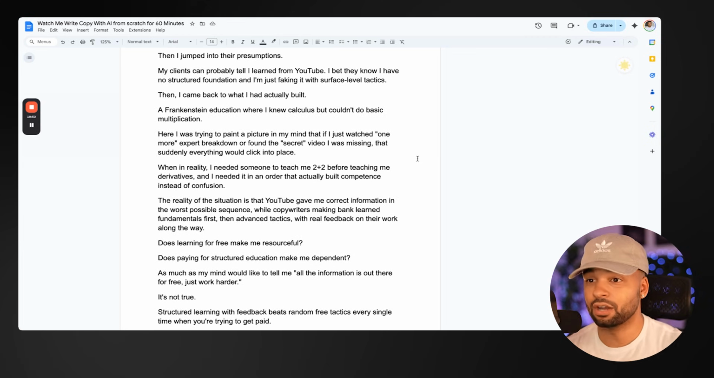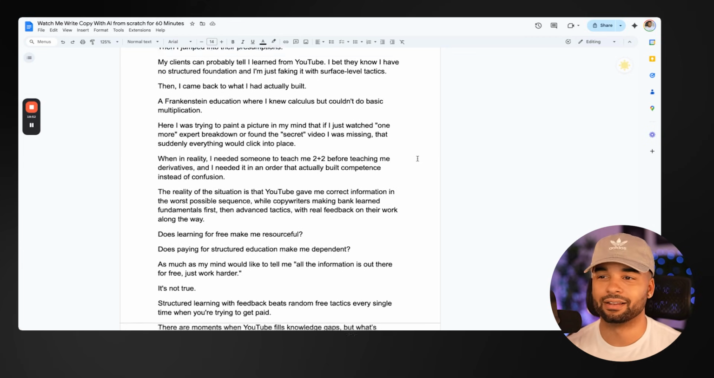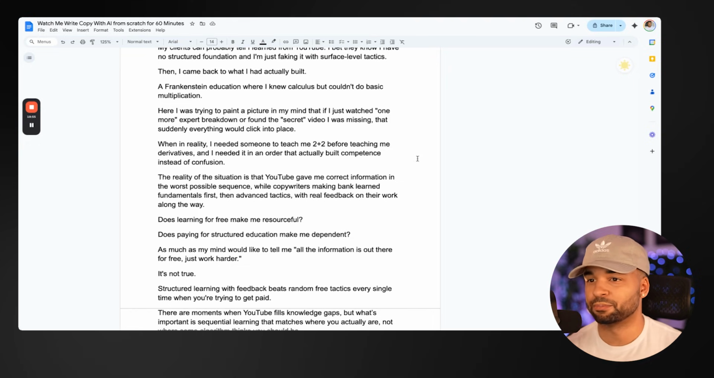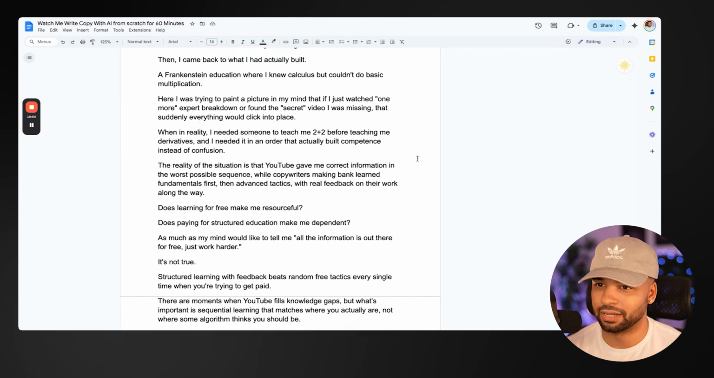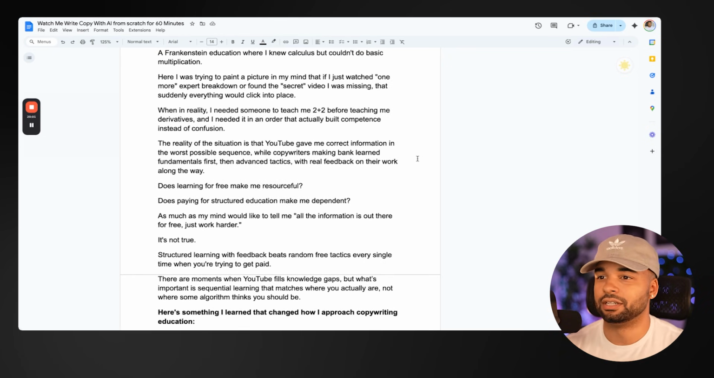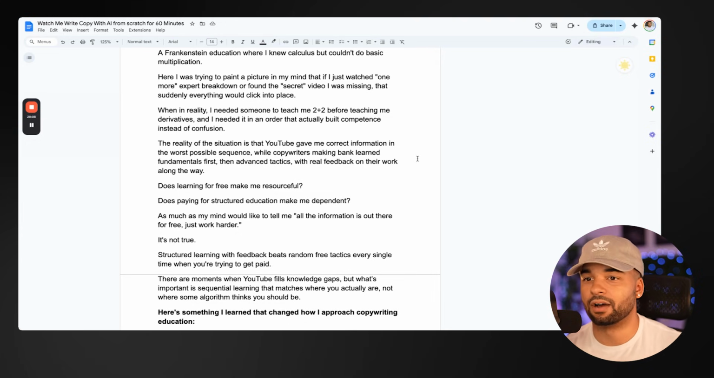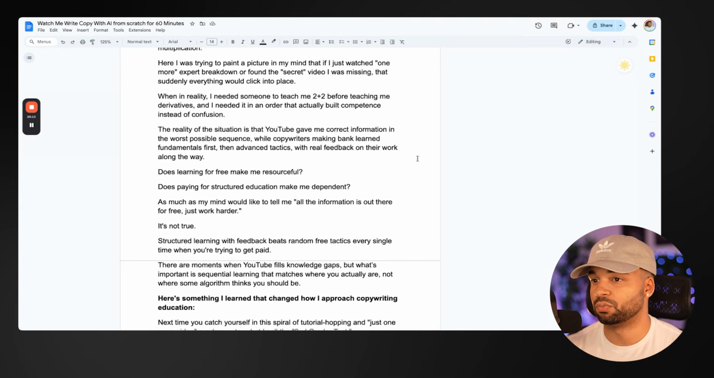basic multiplication. Here, I was trying to paint a picture in my mind that if I just watched more expert breakdowns or found one secret video I was missing, that suddenly everything would click into place. When in reality, I needed someone to teach me 2 + 2 before teaching me derivatives. And I needed it in an order that actually built competence instead of confusion. Reality of the situation was that YouTube gave me correct information in the worst possible sequence,